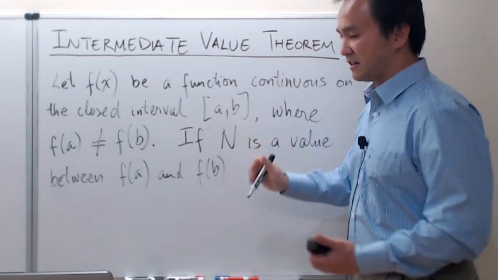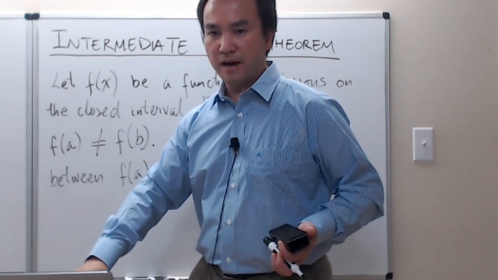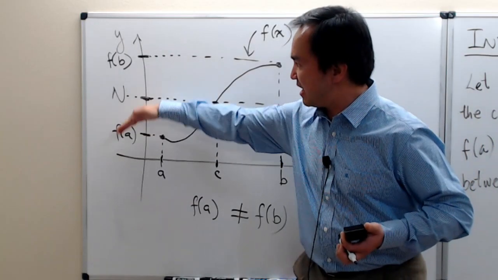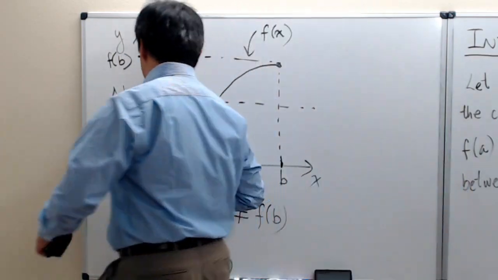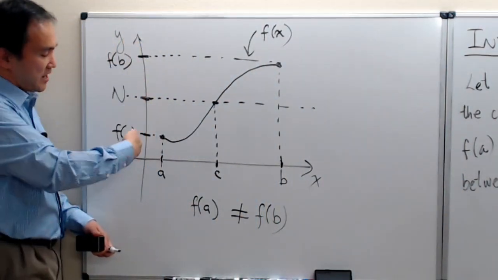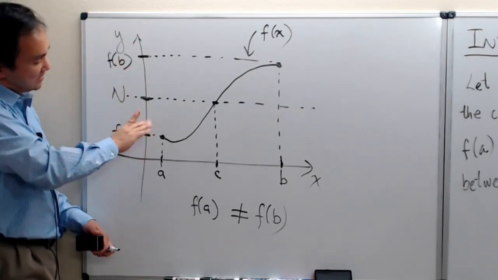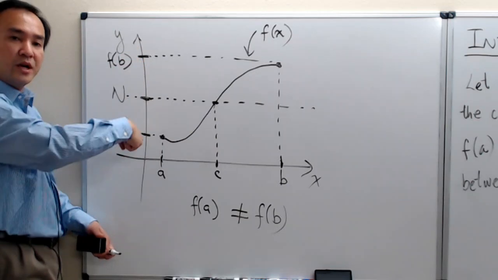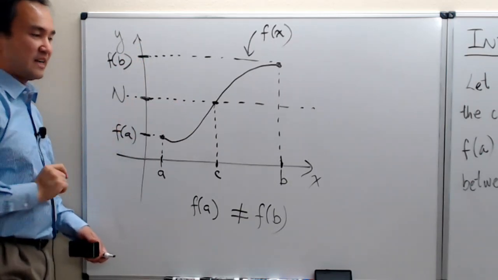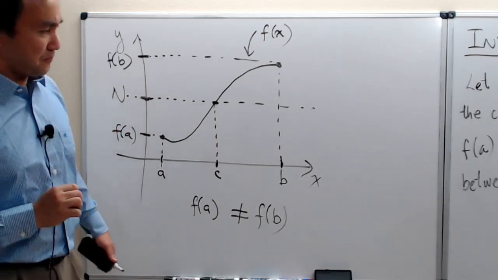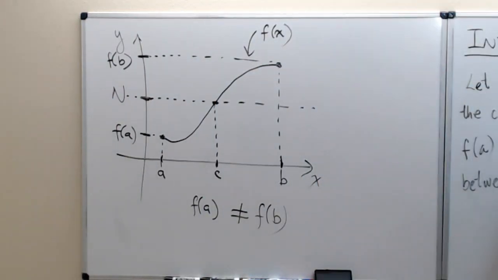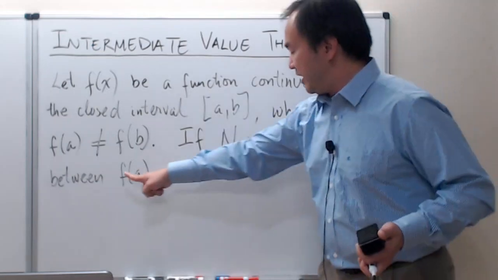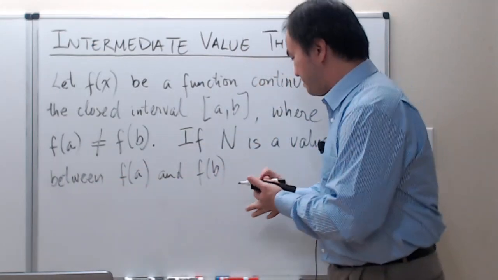If we picked n, let's quickly swing back to my picture on the other board there, and you're going to find out again. So f of a and f of b, in my earlier graphical explanation, this is creating a vertical interval on the vertical axis. So if n here is a value that we can randomly pick anywhere between this vertical interval, that's how the wording description is saying. And so if n is a value anywhere between f of a and f of b, then